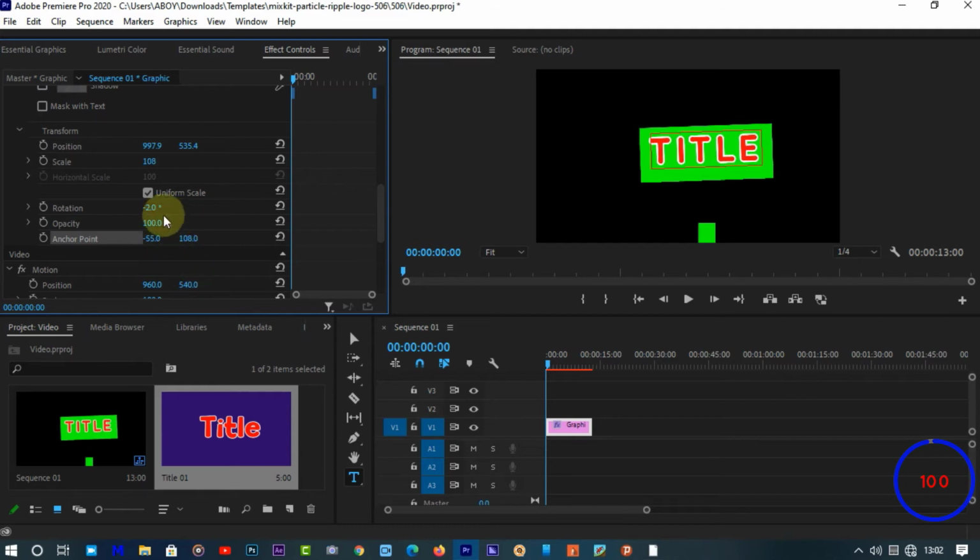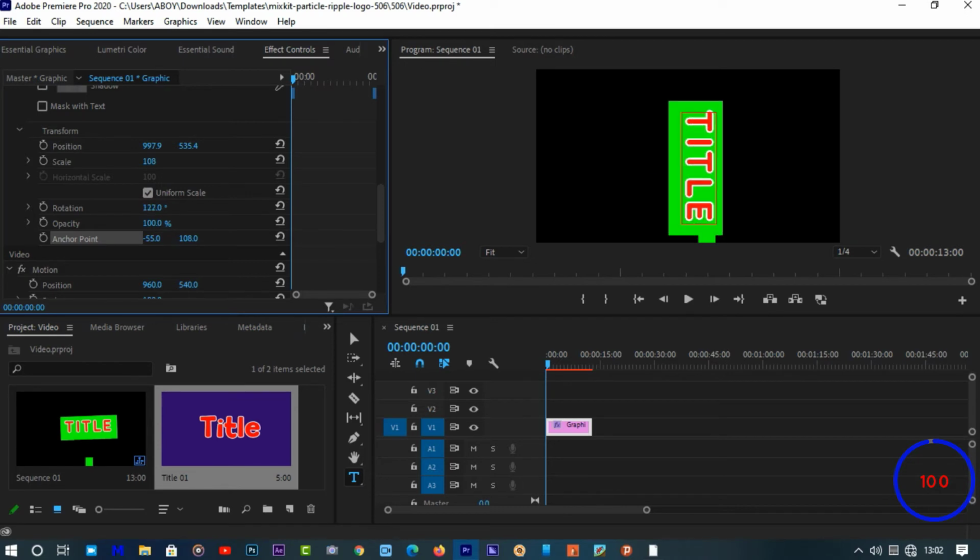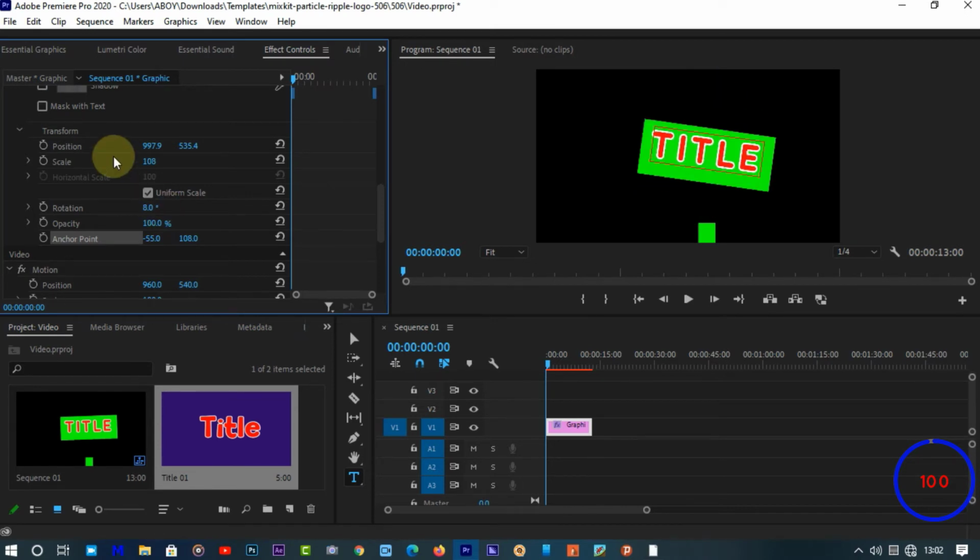Okay, so now once you have arranged this, you can simply use this to move them around, or clicking on the transform button right here will display everything. Okay guys, so there you have it with the title. The next step we're moving to is how you can color grade your clips and how you can add